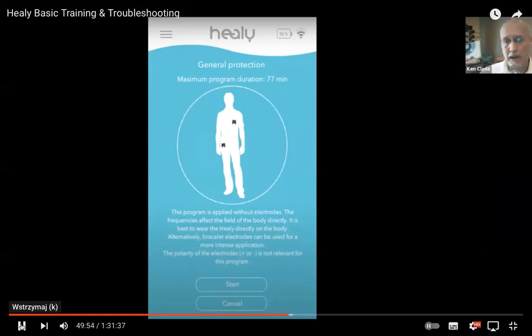The point is you're getting a twofold effect. So you're feeling it through the body, and the microcurrents themselves are influencing the cell structures, because essentially the microcurrent is simply a carrier wave for the